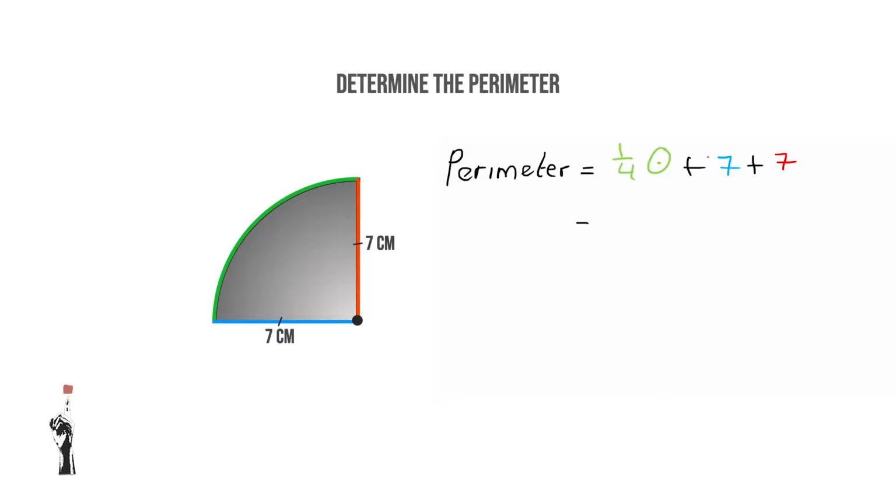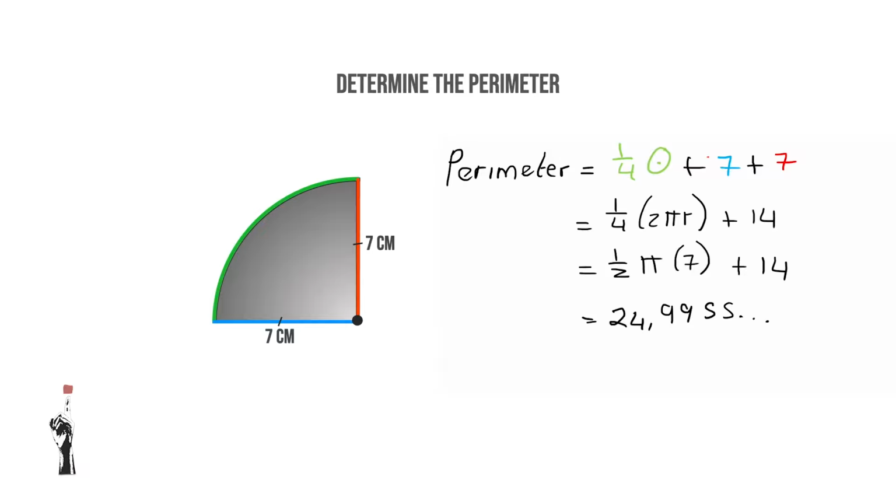Now, since this is a quarter of a circle, I say a quarter times 2 pi r plus 7 plus 7 is 14. A quarter times 2 is equal to a half pi r but r is 7. So I substitute it in r's place, plus 14. Now I can insert this on my calculator. A half times pi times 7 plus 14 equals